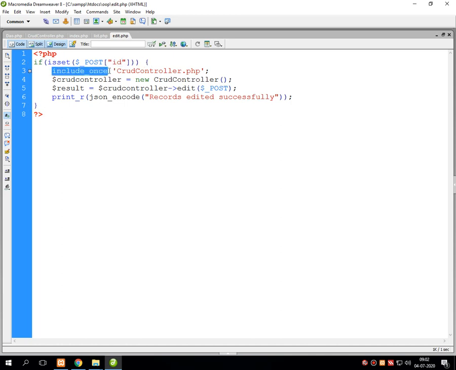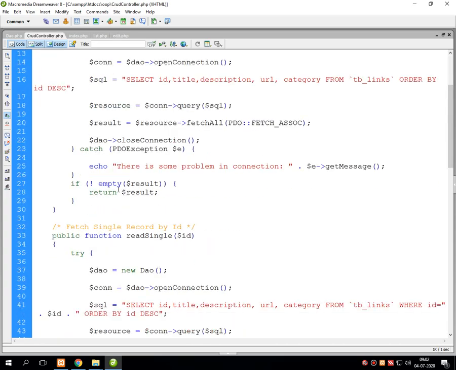First of all, it will include our controller file, the crud controller.php file that we have named. Once it checks the necessary connections, it creates a new object for this particular file, then it calls the edit function which is stored inside this crud controller.php file.